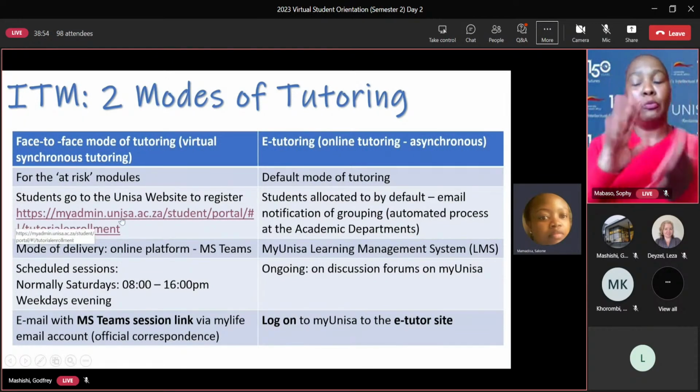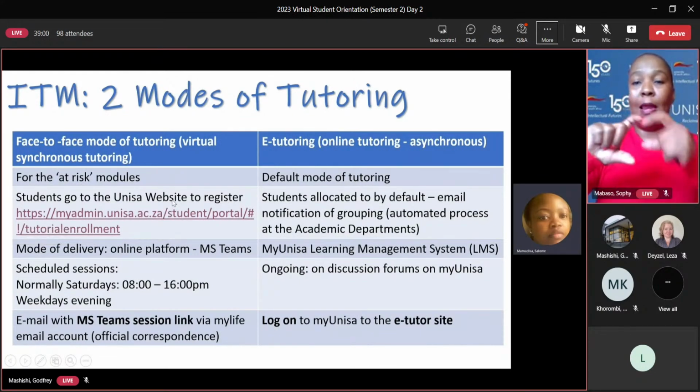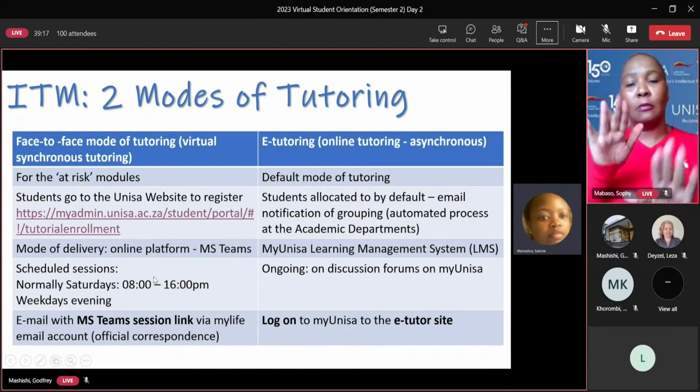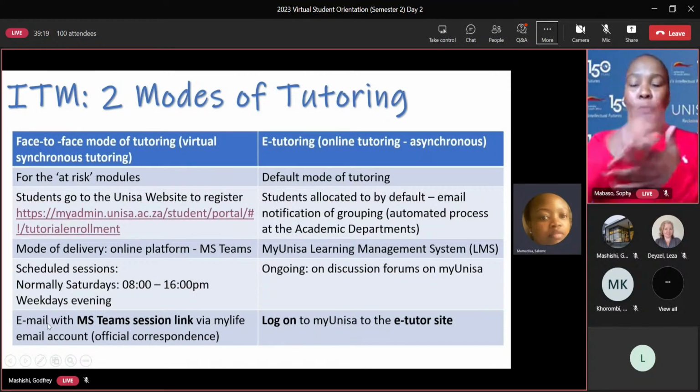They have to go to the Unisa website. Here is the link, and register for the modules. And these are offered through MS Teams. Like I said, they're scheduled. They're usually scheduled on Saturdays or weekdays, but weekdays has to be in the evenings. So once you've registered and the classes are scheduled, you'll get an email via